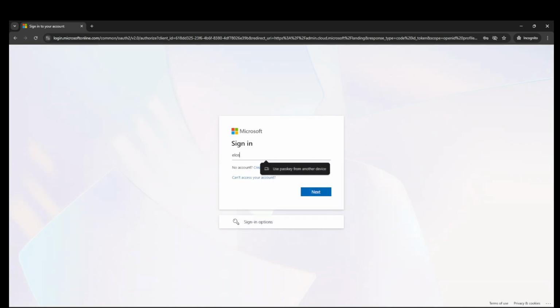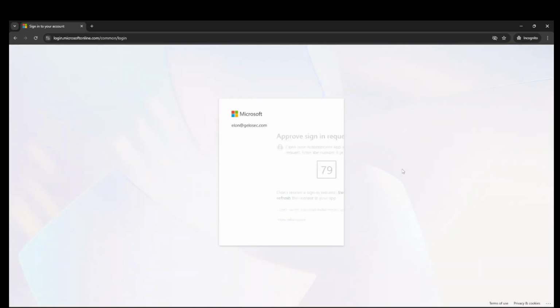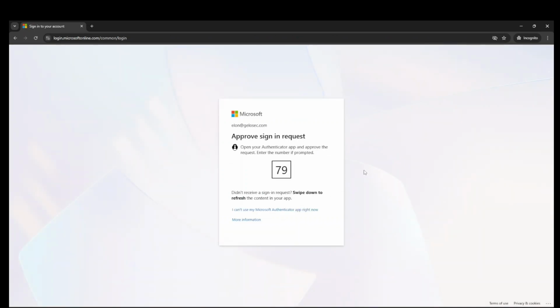Gonna sign into our account. Now gonna enter our password. It requires MFA. So yeah, the one condition is working.